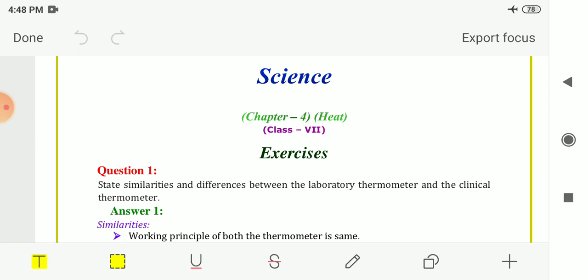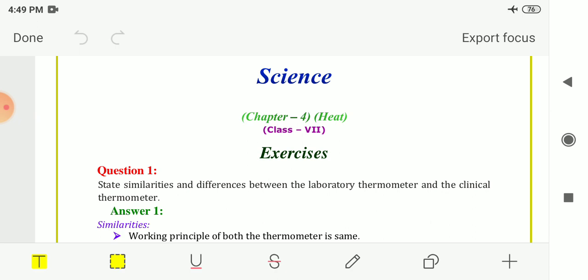Then we had seen about the instrument which is used to measure the temperature. The instrument to measure the temperature of an object is called the thermometer. And we had seen different types of thermometer. The thermometer that measures our body temperature is called a clinical thermometer or doctor's thermometer. Then we had seen the range of this clinical thermometer. A clinical thermometer can measure temperature from 35 degrees Celsius to 42 degrees Celsius, and in Fahrenheit scale it's from 94 degree Fahrenheit to 108 degree Fahrenheit.